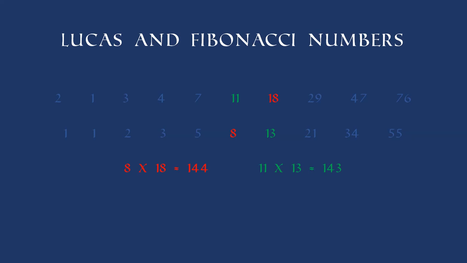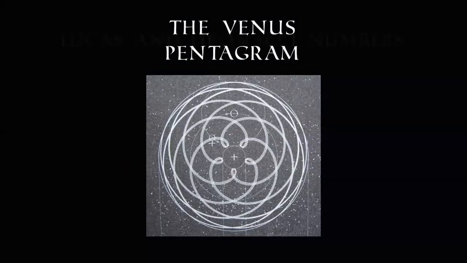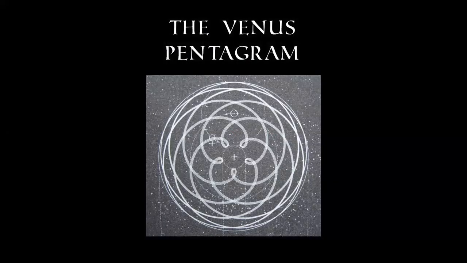Now, also, it brings us from the pi numbers of the Lucas sequence into the Fibonacci numbers, where you find 8 and 13. And this is where you really start to enter into what's known as the Venus pentagram. The Venus pentagram is the description given to the numerical relationship that exists between the orbits of Earth and Venus. Their movement in relation to one another naturally brings up these Fibonacci numbers, which are very close approximations to the golden ratio. The fact that you have that means that you're going to have 5-fold symmetry, so that's why the Venus pentagram is so called.